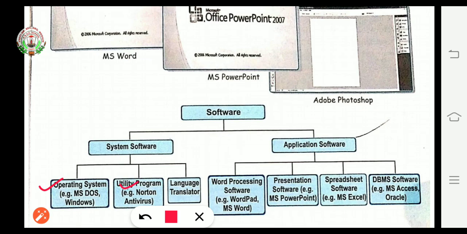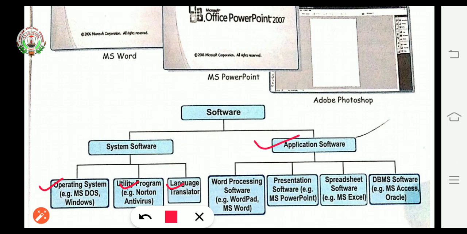Second, the utility program, software intended to analyze and monitor programs. Third, the language translator, which converts a computer program from one language to another.